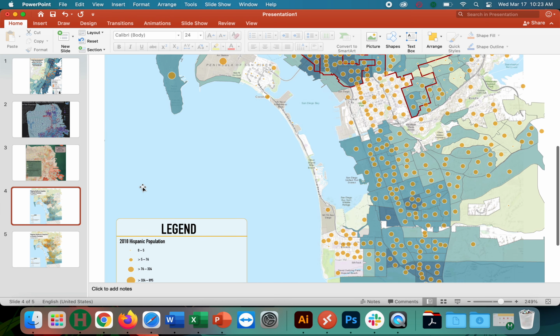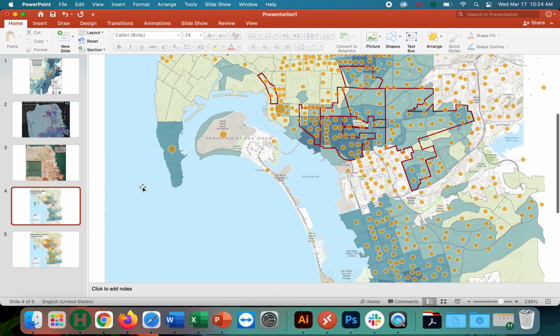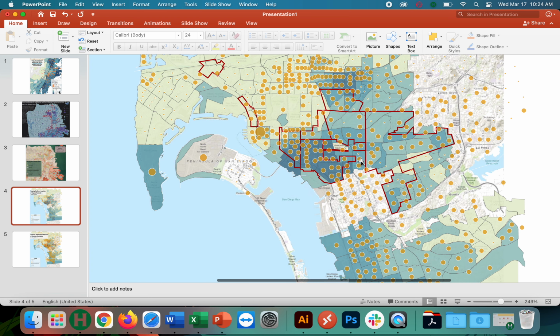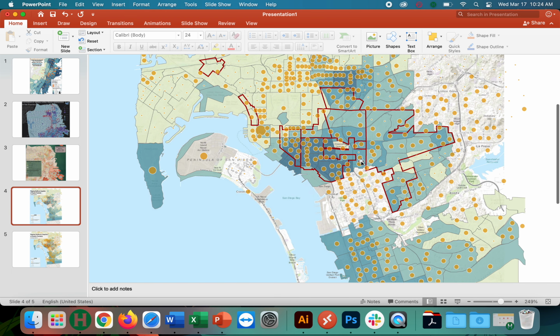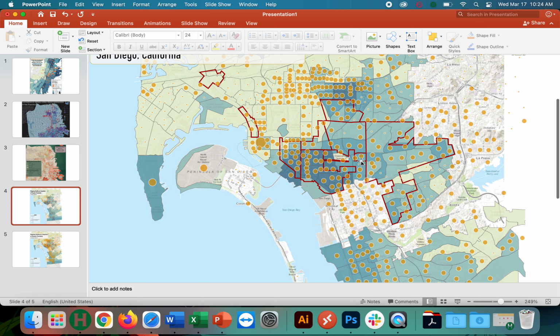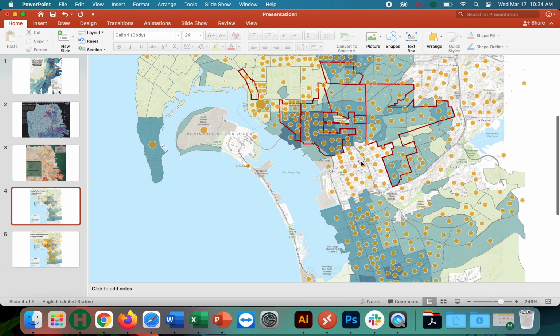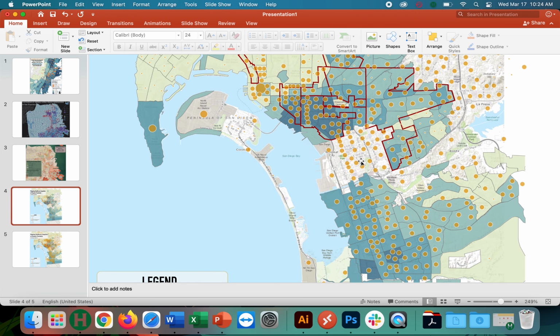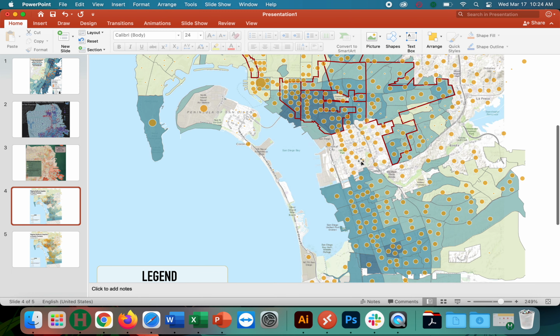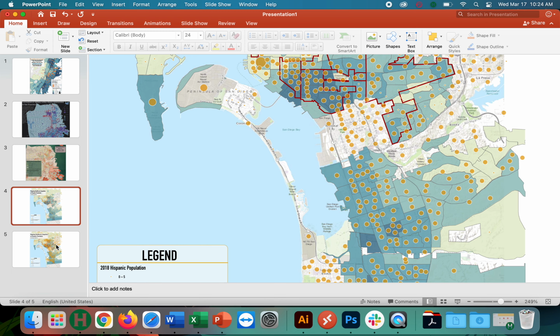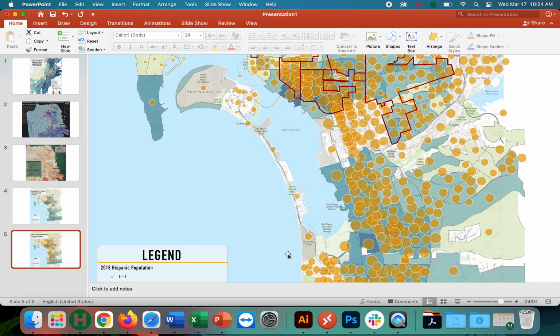And so what happens when you do that is you end up getting a lot of the data that kind of looks the same often, right? And it's not very indicative of the actual phenomena going on, but rather it's indicative of like what the underlying population totals are. Whereas if you go to the next map and you normalize the data